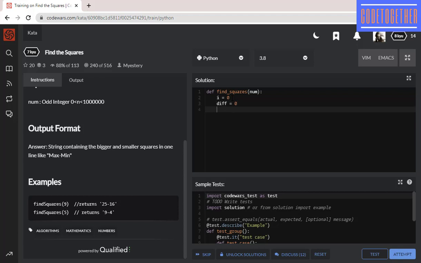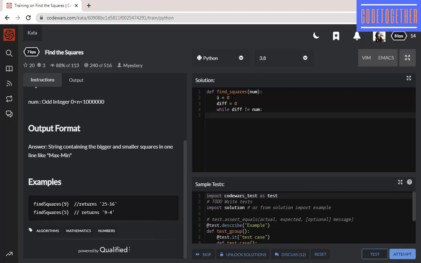In each step we calculate the difference between the squares of two consecutive numbers, and when it becomes equal to num, we have to go outside the loop. So while diff is not equal to num, we have to be in the loop,